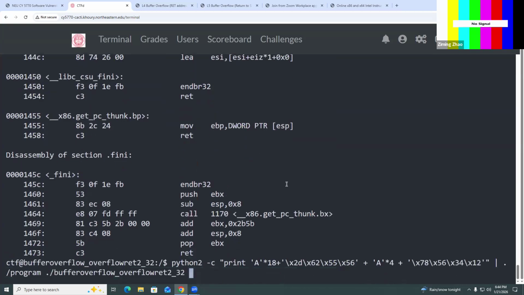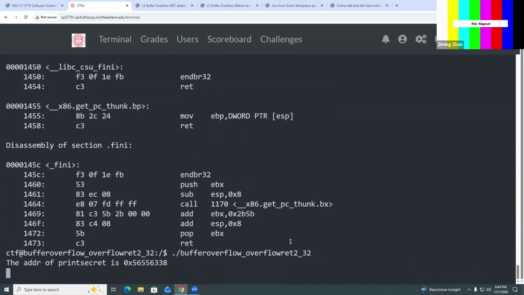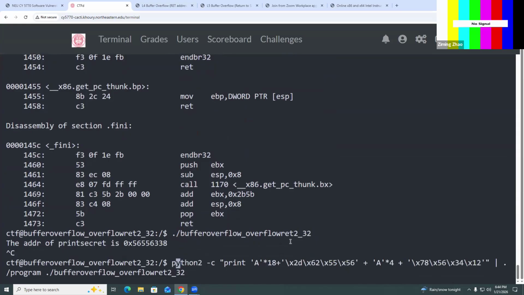So our exploit will look similar. We have first 18 bytes of garbage, then what is the return address? 18 bytes of garbage, then the address of this function,